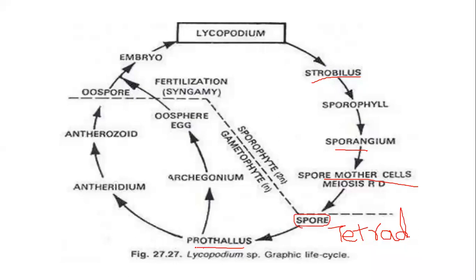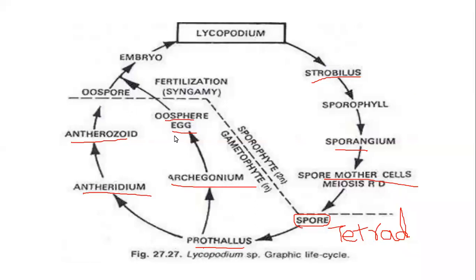Now what does this gametophyte consist of? It has the egg or the oosphere. Now these antherozoids undergo fertilization with the egg and result in a diploid structure called the oospore, or we also call it the zygote, which is a diploid structure. This is a zygote. Now what will this zygote do? By repeated divisions, it will form a ball-like structure, what we call the embryo. Within this embryo, the organogenesis occurs.